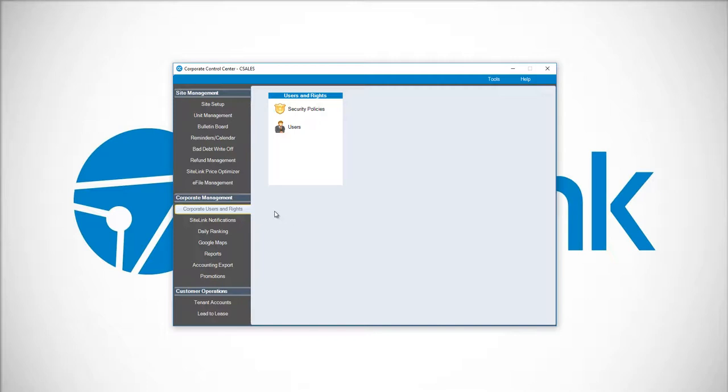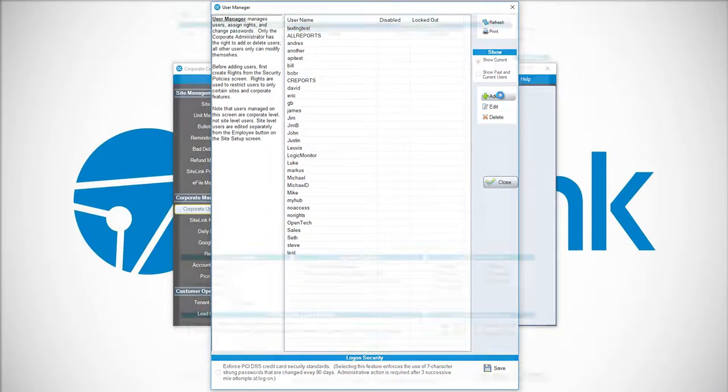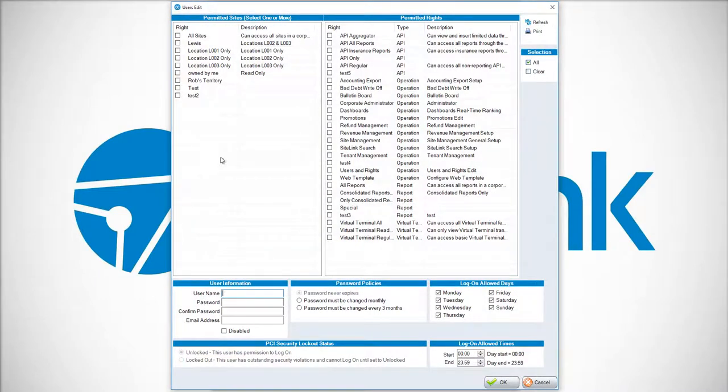Just like within the Web Edition program, you will have logins for the corporate level. Oftentimes, managers don't have access to the Corporate Control Center. They can only access the site. But within the Corporate Control Center, the owner or area manager or however you define someone that should be able to oversee or view multiple locations, you would create them as a user with their own rights from within this section. So I could add someone, put in their username and password, and then determine, do they have access to